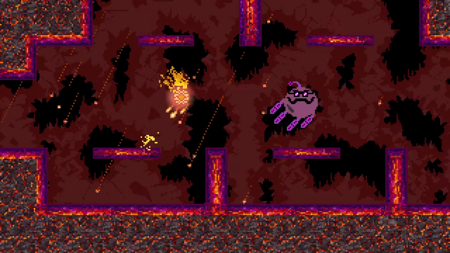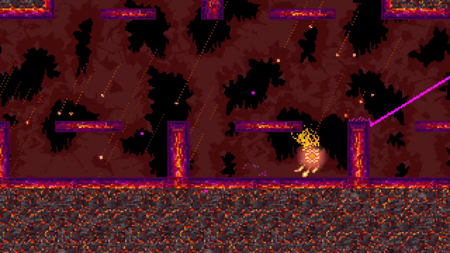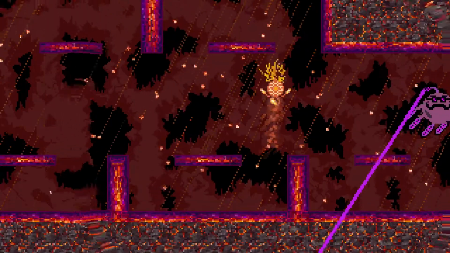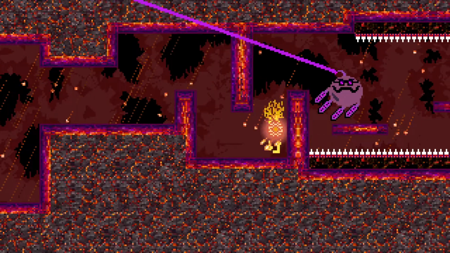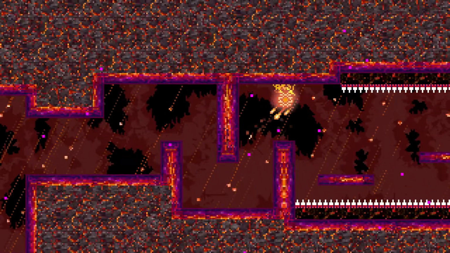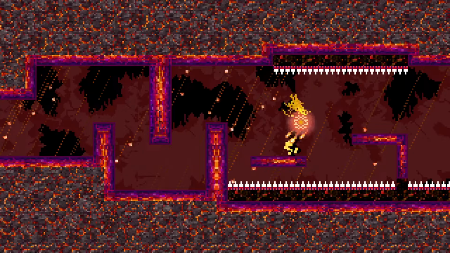Now if Nightmare sees you, he'll do the locking laser right here. So you have to go behind walls to hide away from it. And then if he can't see you, he will do the sweeping laser, which you have to dash through. So you have to hide, and then you...